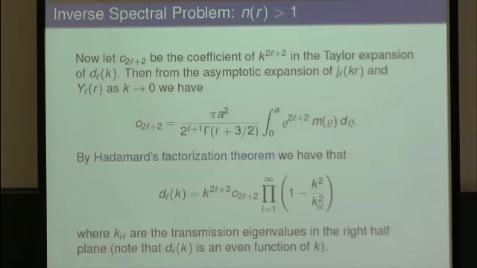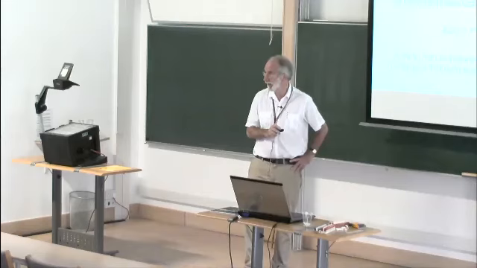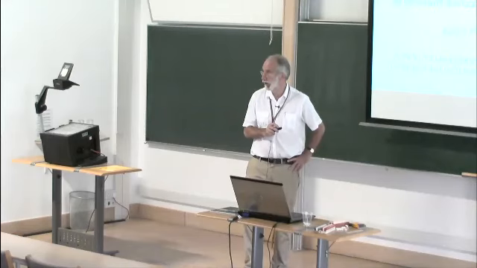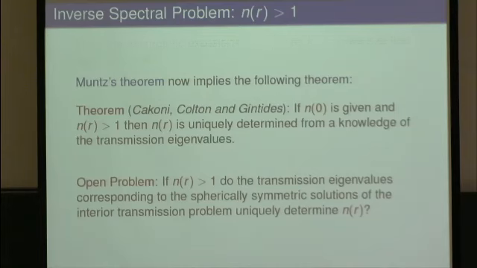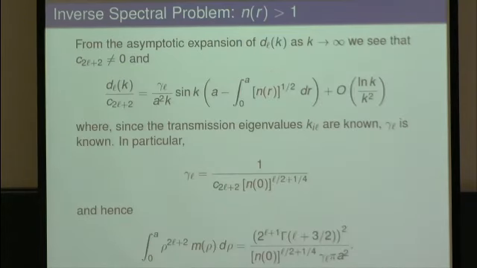But the reason why it's not at all constructive is that gamma of L depends on what the asymptotics of this are for large K. This entire function, you know exactly the form except for a constant, and that constant happens to be gamma L, but trying to compute it, of course, is not possible. So you have this, and therefore, coming back here, you have Munch's theorem again, uniquely determined that if you have two of them, and n of 0 is the same, then m must be 0.